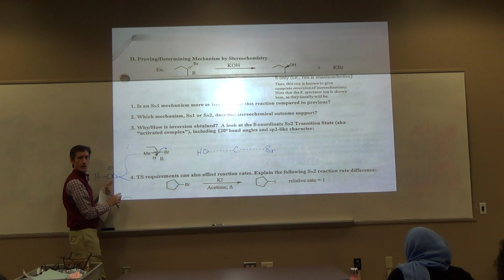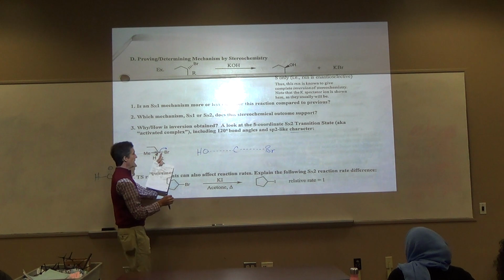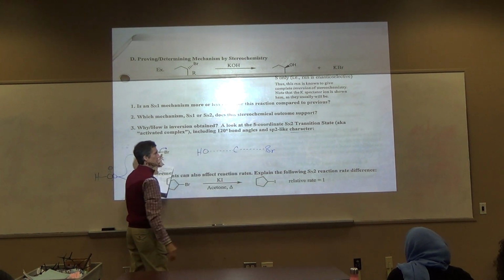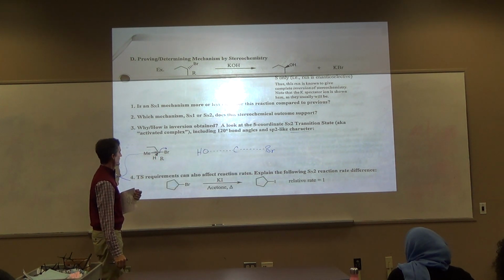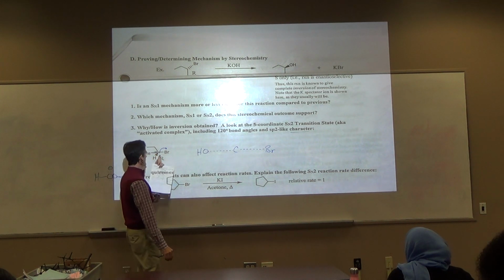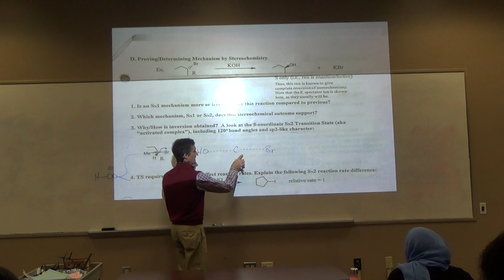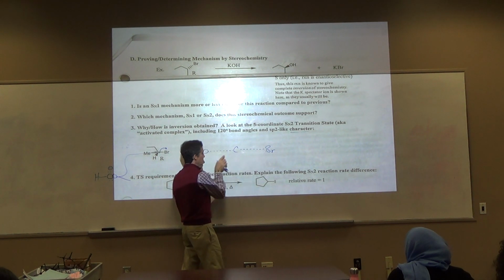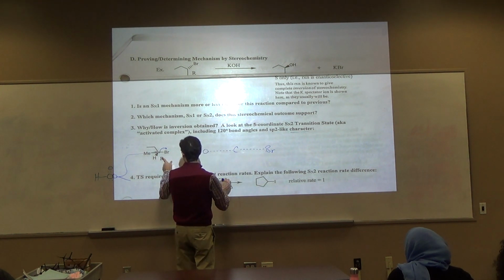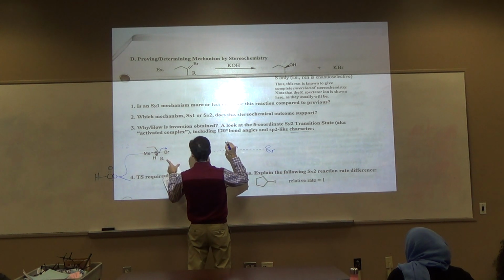What's in between no bond and a bond? Half a bond. This is going from a bond to no bond. What's between bond and no bond? So this is where the bond is breaking, this is where the bond is forming. The remaining groups are